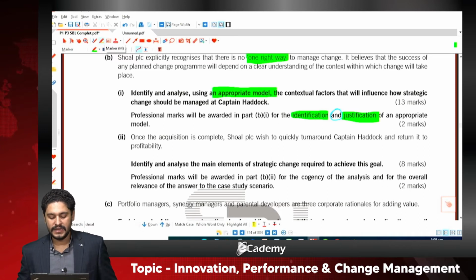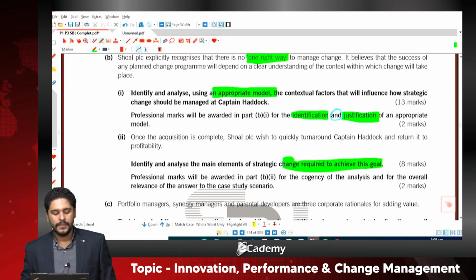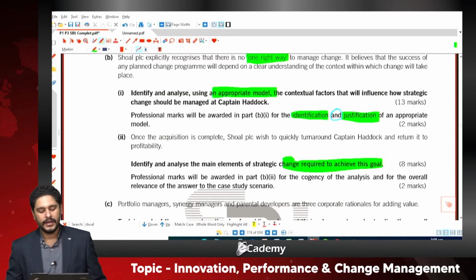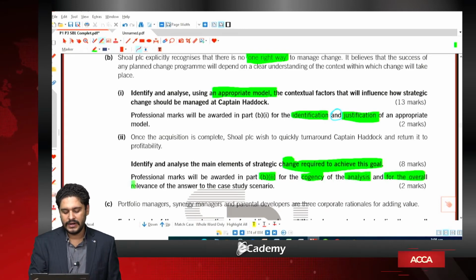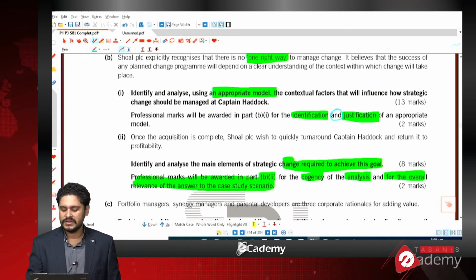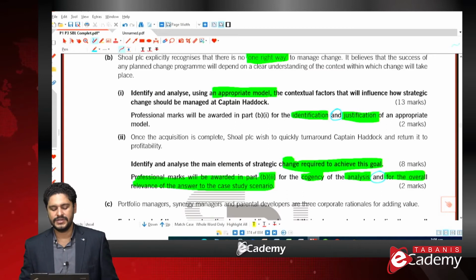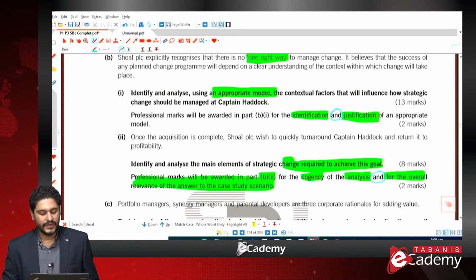Identify and analyze the main elements of strategic change required to achieve this goal. Now, professional marks will be awarded in part B2 for cogency of the analysis and for the overall relevance of the answer to the case study and scenario. So this means that we need to analyze the situation and we need to merge it with the scenario